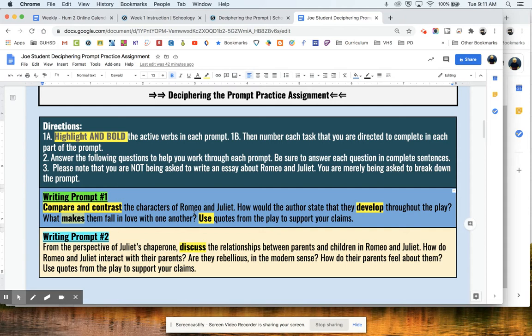I would recommend taking a prompt like this, rephrasing it into your own student-friendly language, and when confused, ask the teacher, does this make sense? Did I misunderstand the prompt? Is this what it's really asking me? And that might alert the teacher to some confusion. All right, so then what you'll do is, let's just stick with writing prompt number 1.